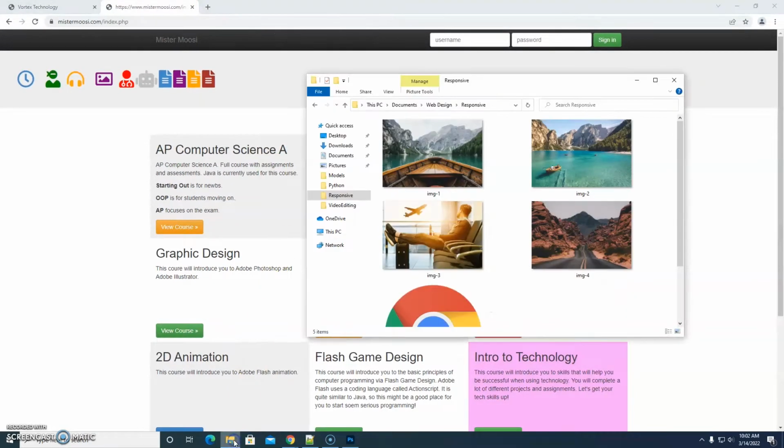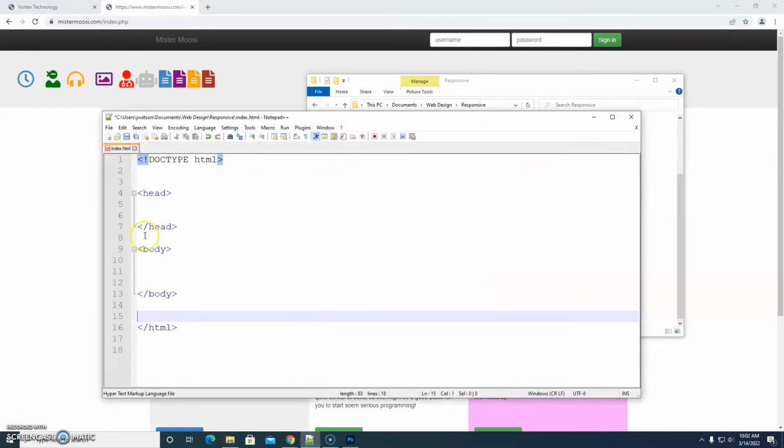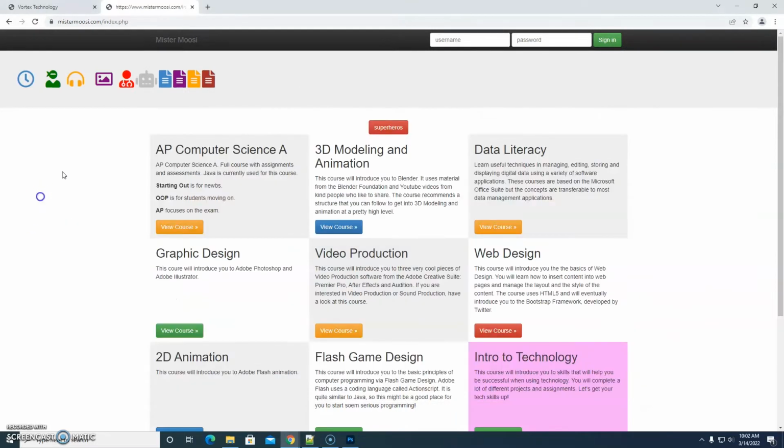By the way, I've created a project folder. I've already started to design a web page. Here it is, just the basic stuff. Hopefully you've already been studying HTML tags. If you haven't, you want to study that first. Now let's go to